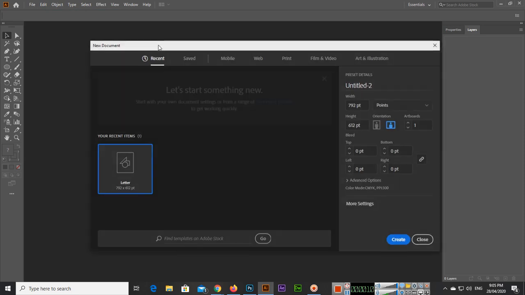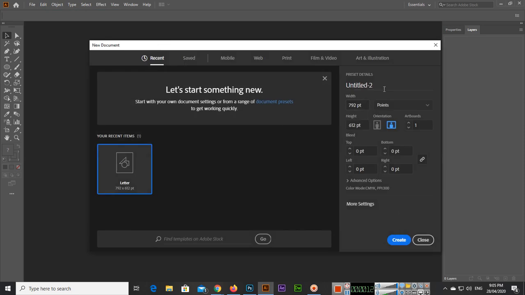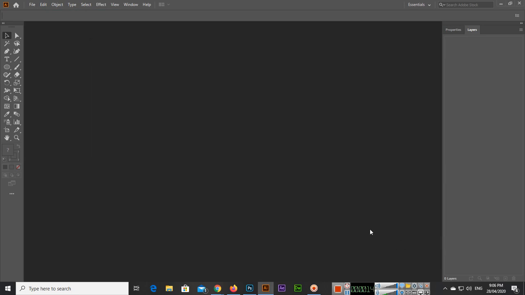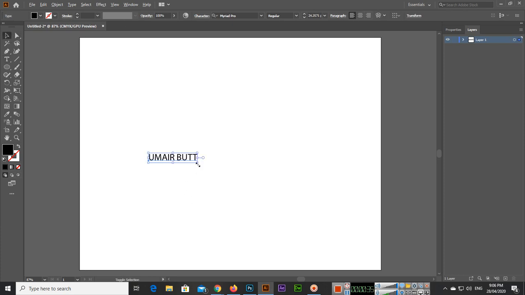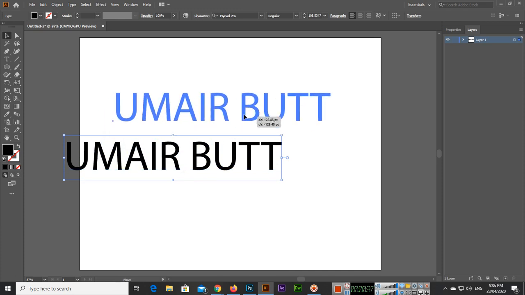So we will create a new document for drop shadow, and let me explain: you can apply this drop shadow to your text, even to vector shapes, and even to images. So if you type a text here, like if I write my name, and increase the size,